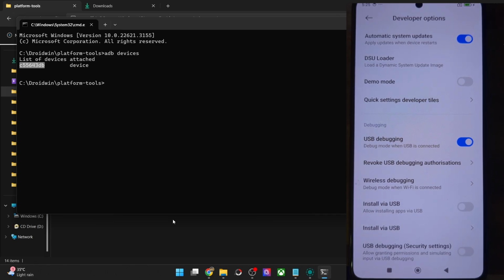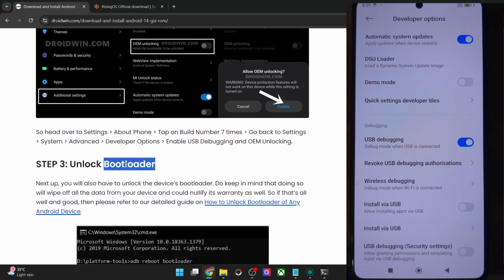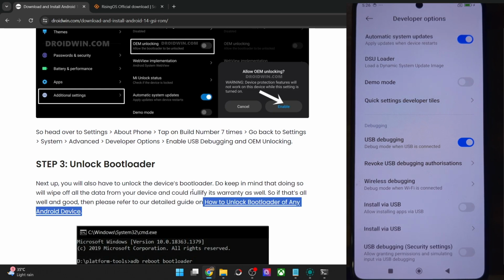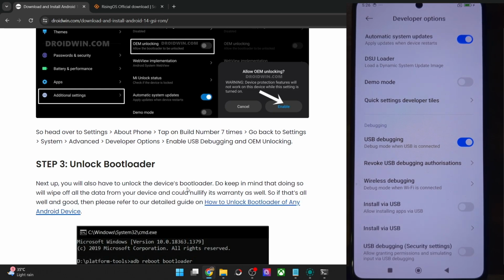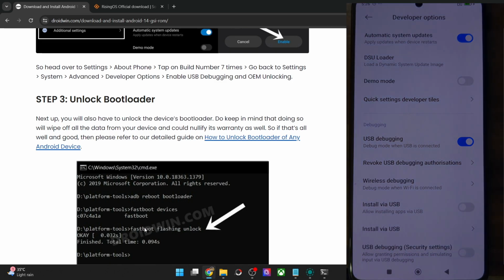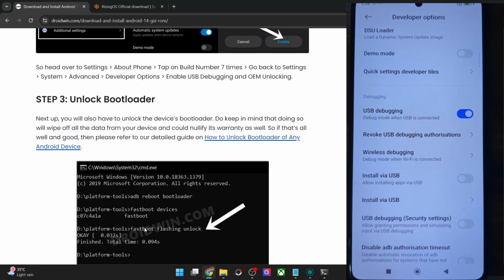Once you are getting an ID, your next course of action is to unlock the bootloader on your phone. Do note that unlocking the bootloader will wipe off all the data and it might make the warranty null and void as well. If that's well and good, you could refer to a guide and the video and get this job done. In short, simply boot your phone to fastboot mode and then use the fastboot flashing unlock command. After that, you will get a prompt on your phone. Use the volume key to highlight unlock the bootloader and press the power key to confirm. With this, your phone will undergo a wipe, and after that, the bootloader will be unlocked. In case of Xiaomi phones, you will have to take the help of Mi Unlock tool to get this job done. So once you have unlocked the bootloader, make sure to re-enable USB debugging once again.